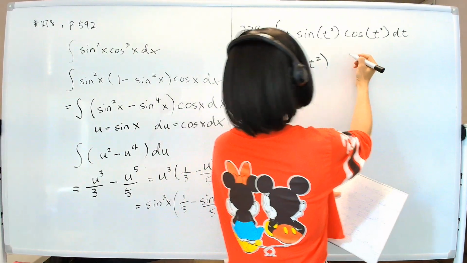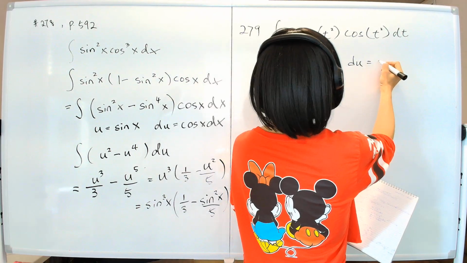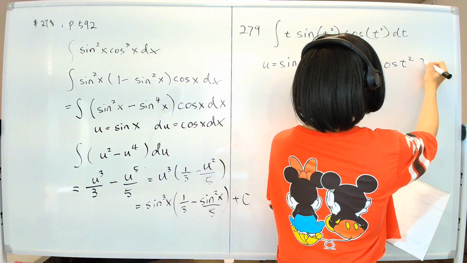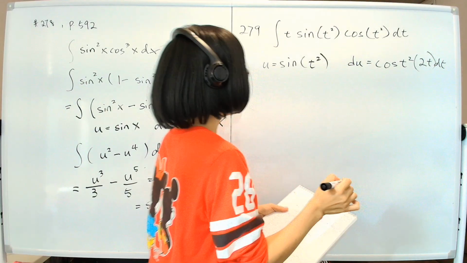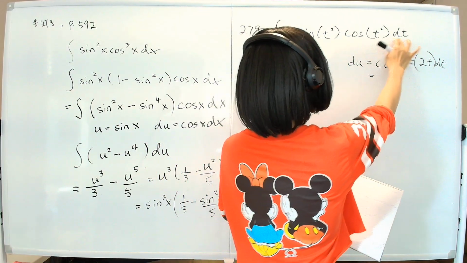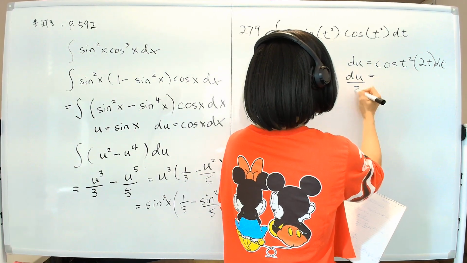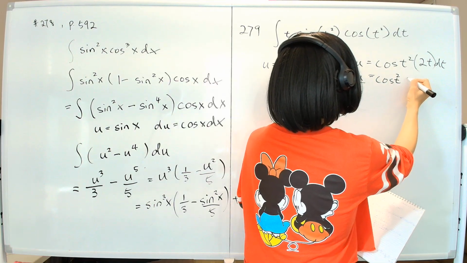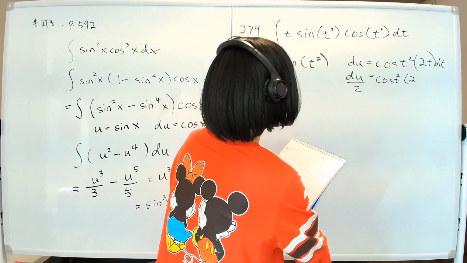And then du equals cosine t squared, okay? And then times 2t dt, right? And this is all multiplied together, which means we need to take care of the cosine t squared dt and the t part. So we will move the 2 over here. So the cosine t squared times 2t, sorry, there's no 2 here, times t dt